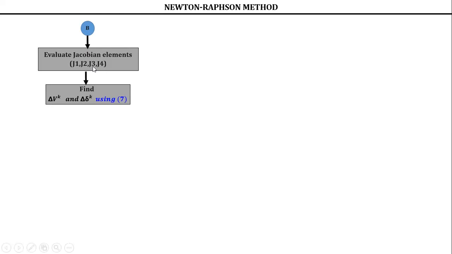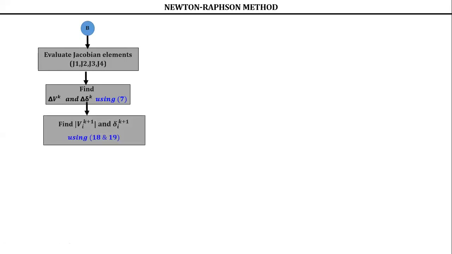You know the Jacobian elements, you know the power residuals. Today also I have explained. So the only unknowns are your delta V and delta delta. So how to calculate? You take the Jacobian matrix to the other side, so it will become Jacobian inverse into the power residual vector. So solve this using triangular factorization. So you will get the change in voltage magnitude and change in voltage phase angle. Using equation 7 already I represented. What are these delta V, delta delta? These are the corrections.